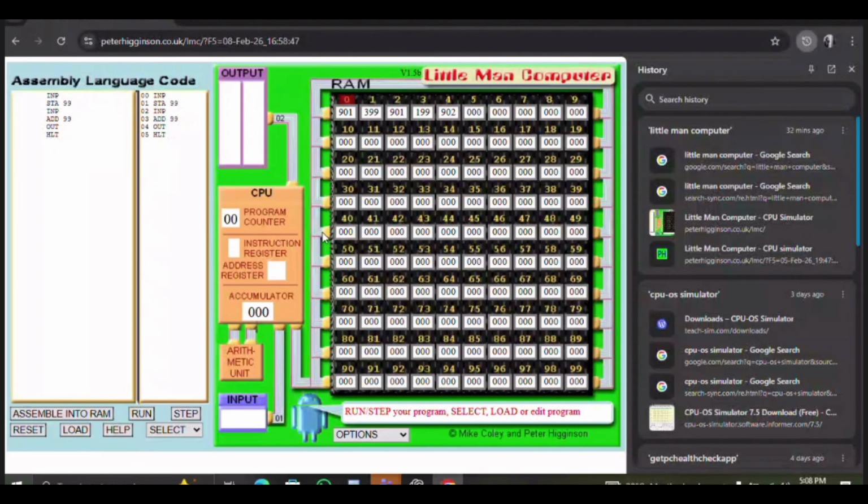Where is it? So number 3 here is add 99. But then that's why under 1 we are having 399. So 1 here is the opcode, which means add. And then 2,